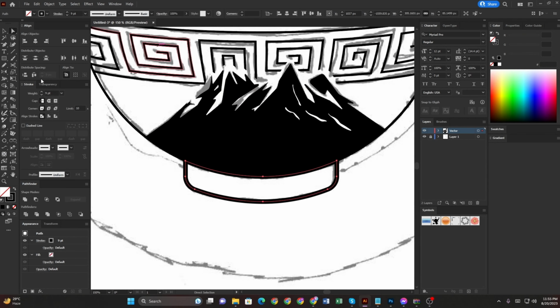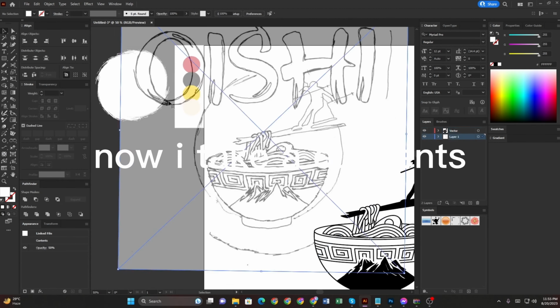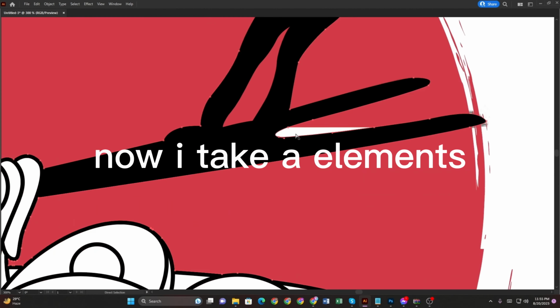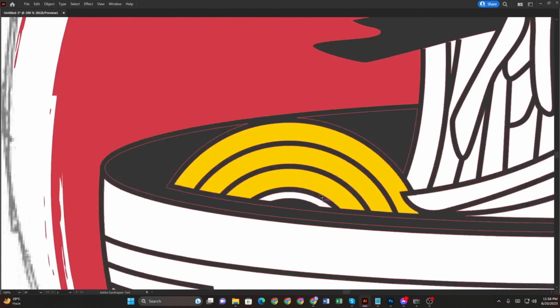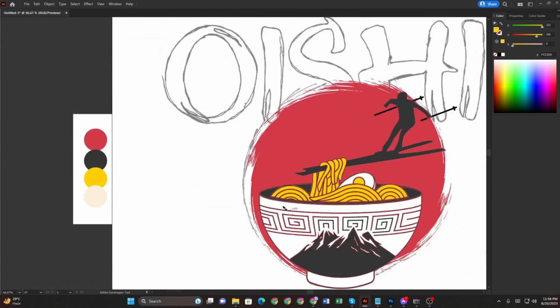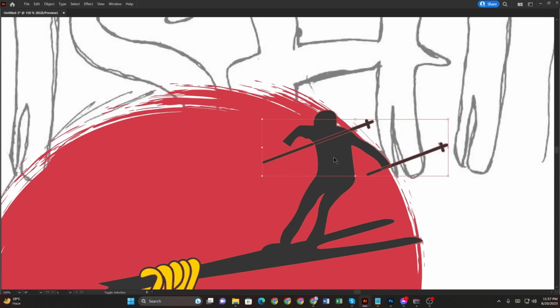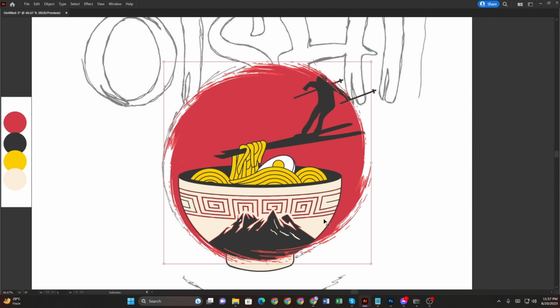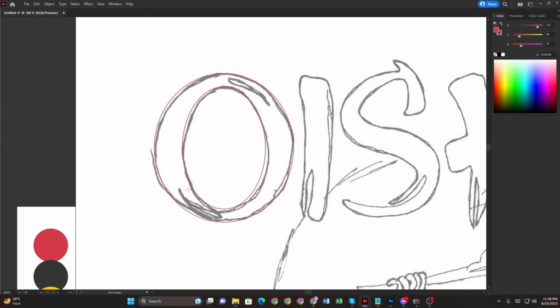Some stroke it. Now, ICA elements. And choose a color selection. Select a circle. And select a path.